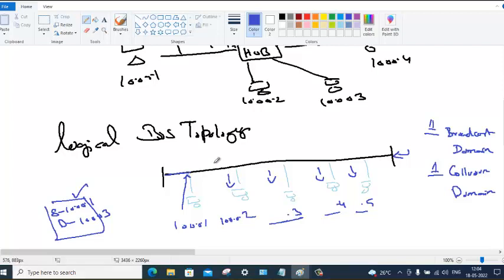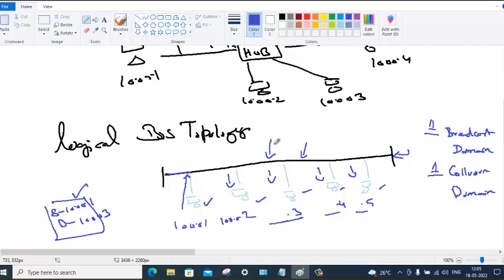You see, there is only one backbone to carry all the data coming from 1, 2, 3, 4, 5 computers. If all 5 are sending packets, they will go to all other 4 devices, which will consume this bandwidth. Bandwidth will be fully consumed, occupied. And the packets will collide with each other.